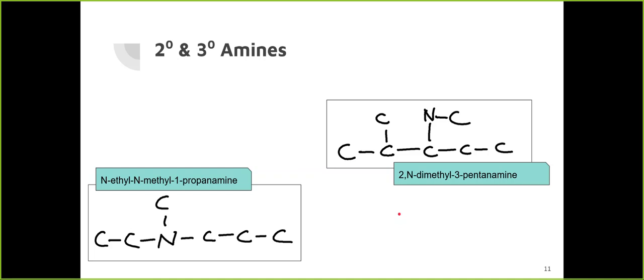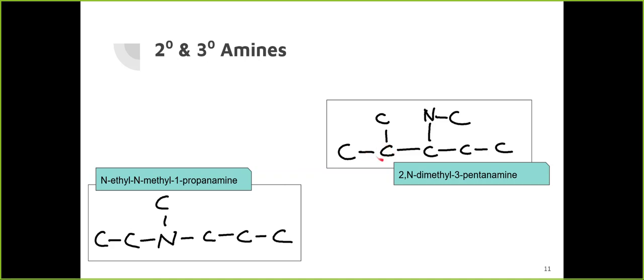I guess these are just some more examples I put on here. So here we've got 1, 2, 3, 4, 5. So this is a pentanamine. It's on the third carbon as your ammonia group, so it's 3-pentanamine. And then we've got a methyl group on the nitrogen, and we've got a methyl group on